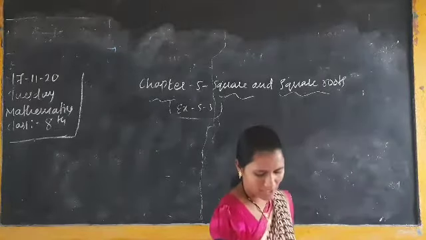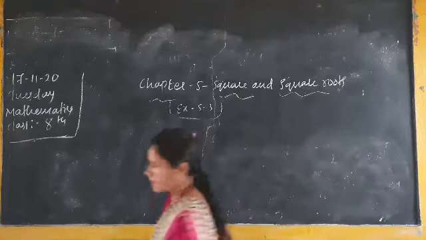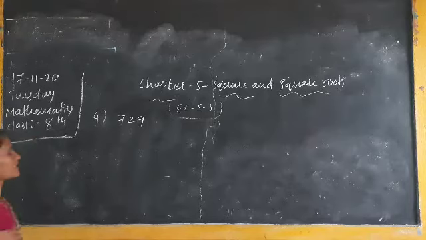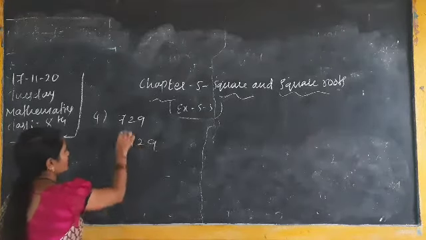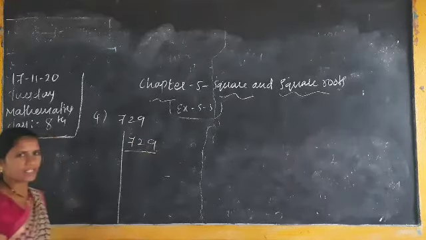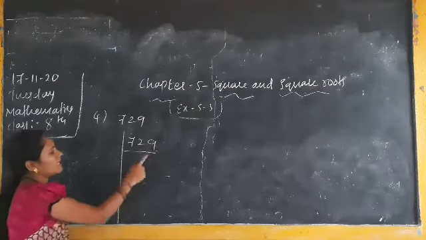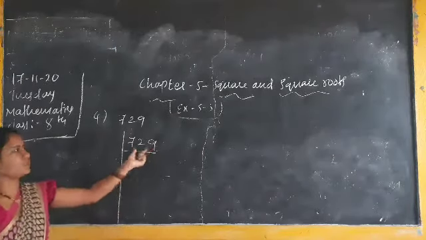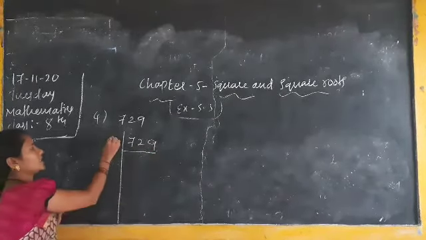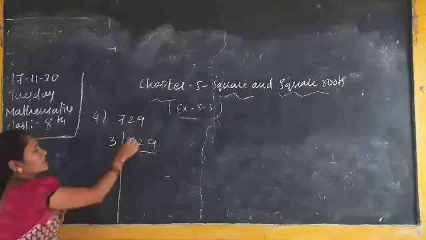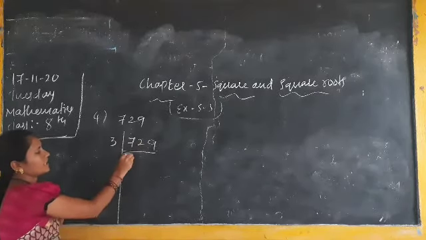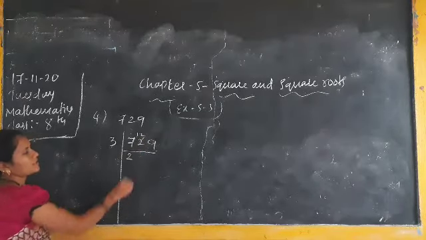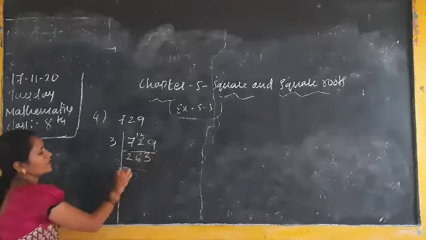Here, the factorization method. In the first question, 729 is there. Prime factorization method means we take it like LCM. See, the last digit is 9, so it is not divisible by 2. The last digit is 9, so I will take 3. Here 7 is there. First digit 7, I take 3 2s are 6, 1 left, so here will be 12. 3 4s are 12. Next 3 3s are 9.